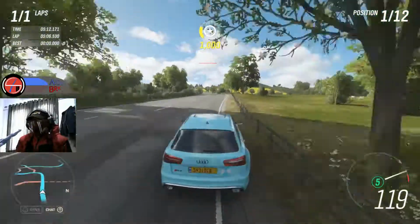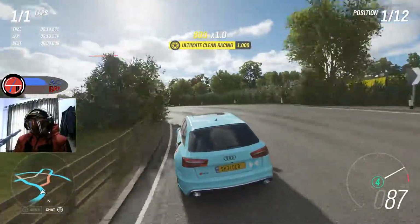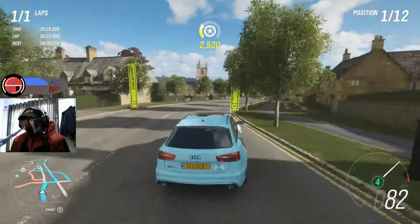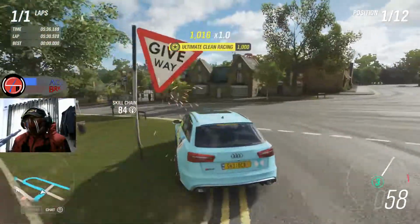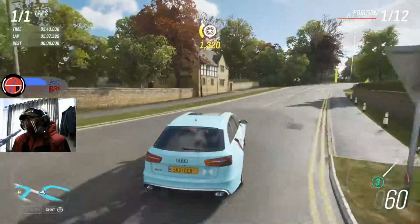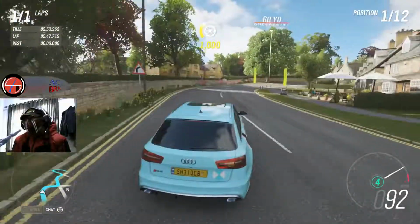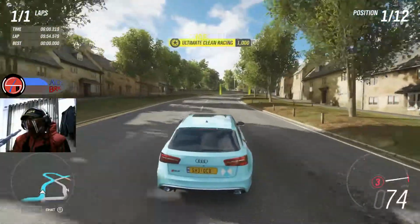I think I can have a main car right now for online racing because this car is actually pretty nice to drive. Yeah, it is really nice. What the hell is going on here? I think I got converted to all-wheel drive, bugger, but I didn't swap the car. So yeah, it's really something. This car is probably going to be good for rallying as well, but I already made it into a tarmac-based car, so, you know,